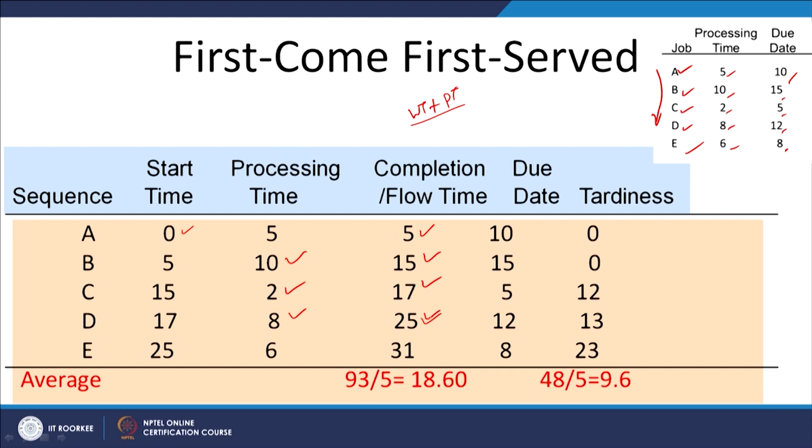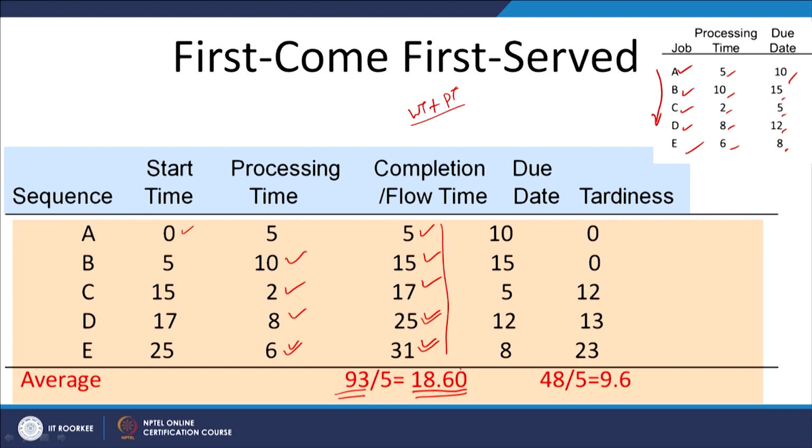After waiting 25 days, job E is taken up, and its processing time is 6, so it will be completed after 31 days. The flow time of all these jobs will be 5 plus 15 plus 17 plus 25 plus 31, which comes to 93 as the total flow time, and the average flow time, or average completion time, will be